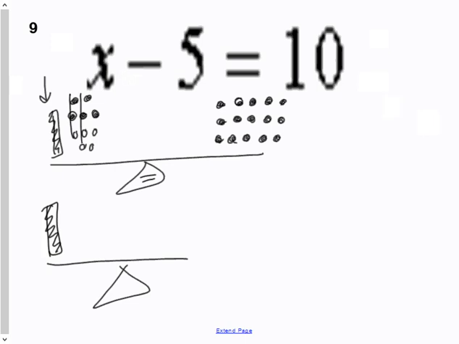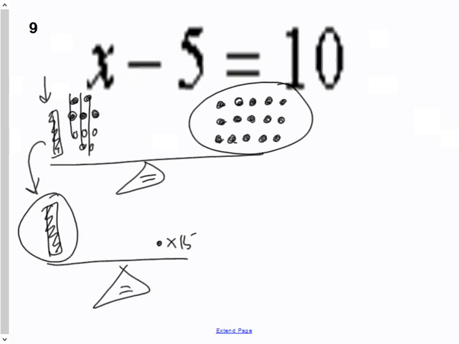But adding 5 to these negatives makes a zero pair, and I'm left with just x. And adding 5 over here leaves you with, well, I'm too lazy, I was going to say 15 of these. And therefore, your answer is x equals 15. That's how we would do it if we drew it. So if you want to take a second and just draw that, that's great.